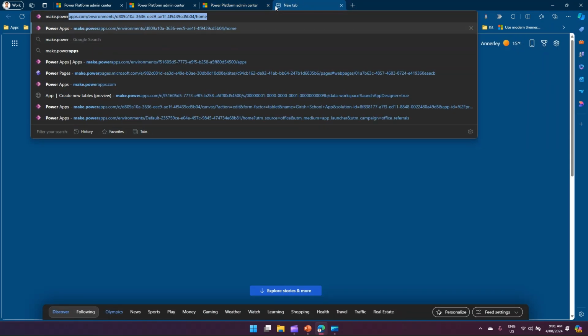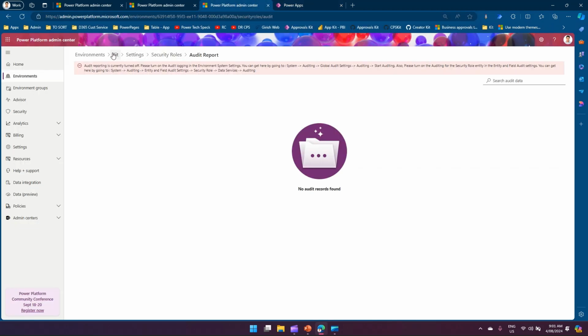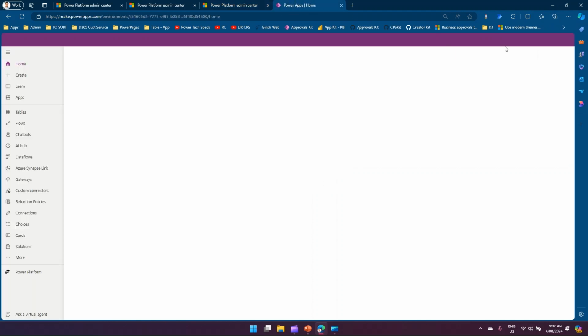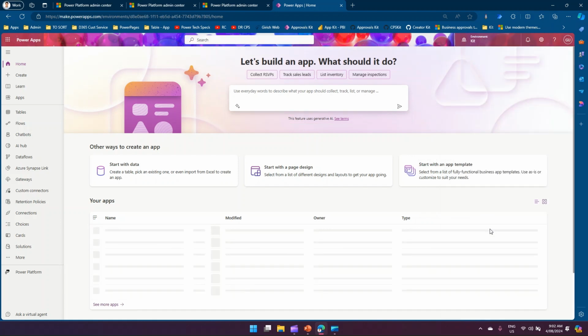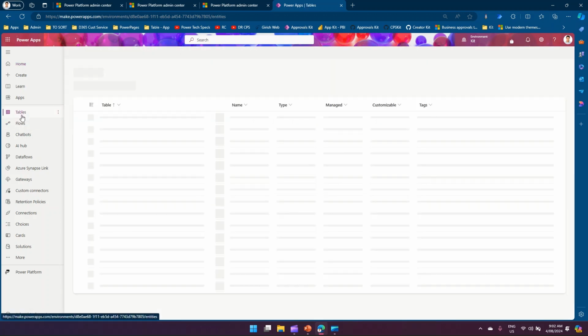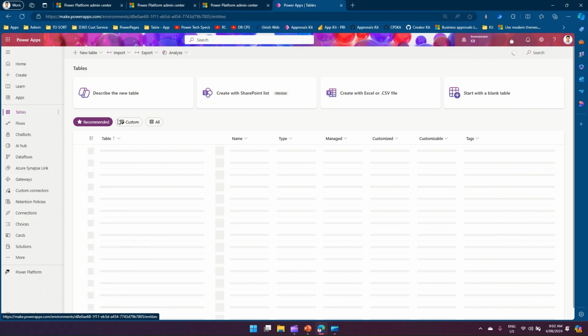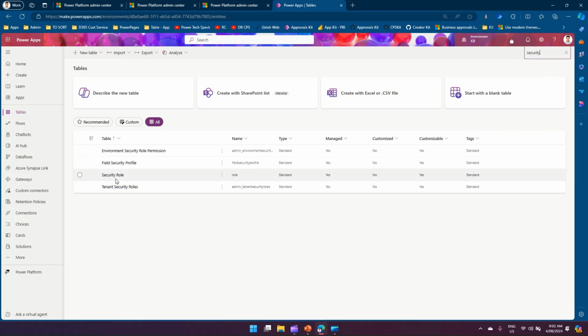So I'll go to make.powerapps.com, and now I'll select this environment because this environment does not have the audit report enabled. So that's the Git environment. So make sure that you are in make.powerapps and you go to the Git environment. So I'm in the context of the Git environment, and if I go into the tables, if I go into all, now here I should be able to see a security role table. Okay, so what you need to do, you need to go into the security role,